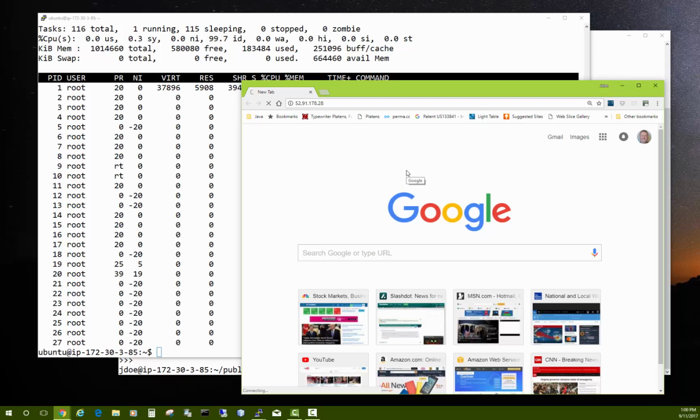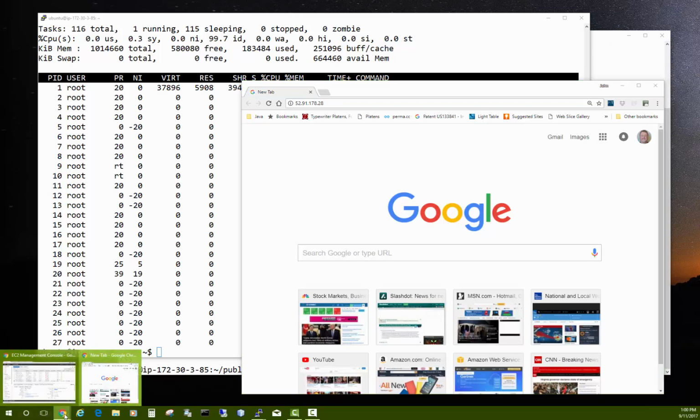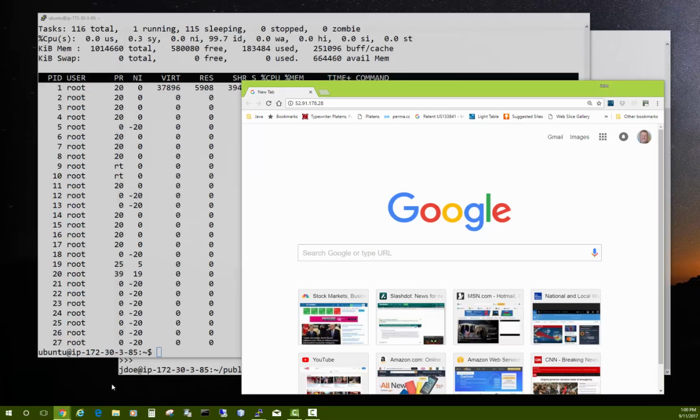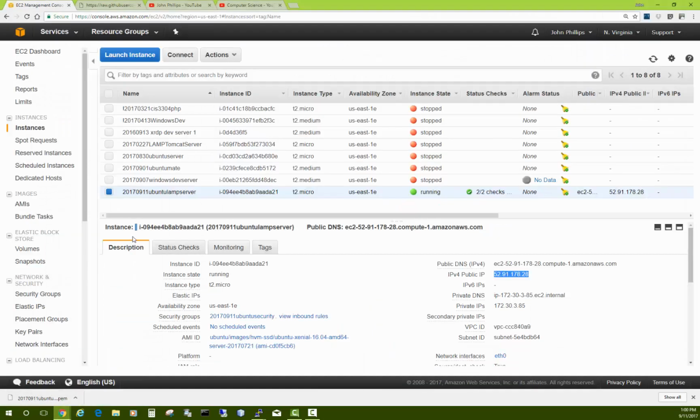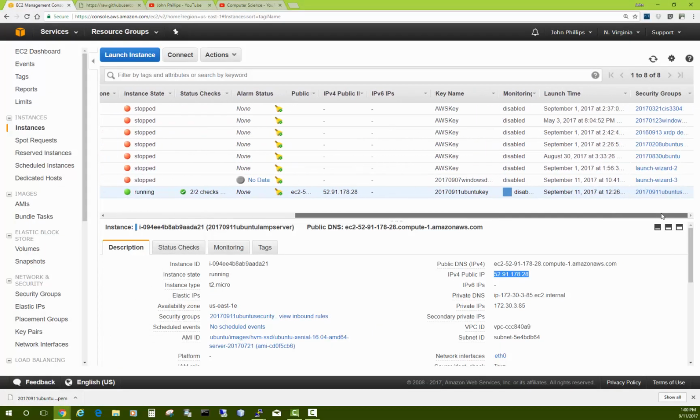Oh, it's not coming up because I forgot to do something. It's just kind of stalling there. Why is it stalling? Let's go ahead and stop it. The reason is I haven't set my control panel to allow any access from a web browser to a web server. So I need to go back to my control panel